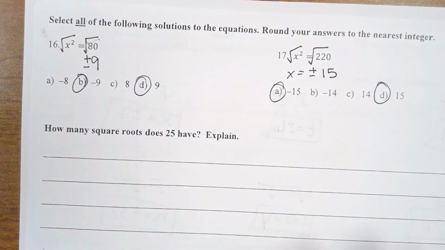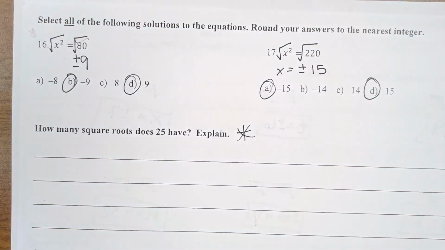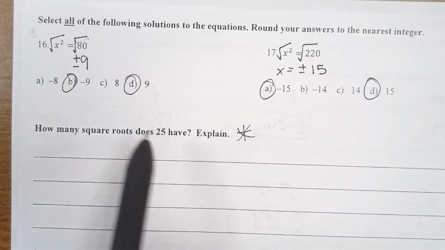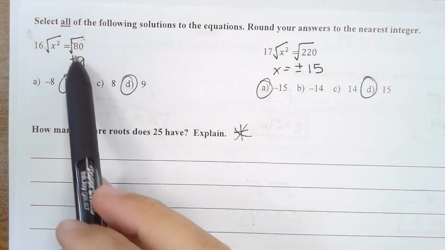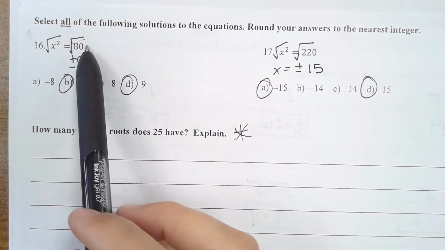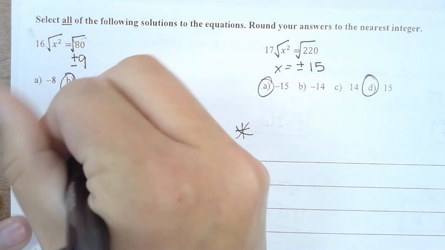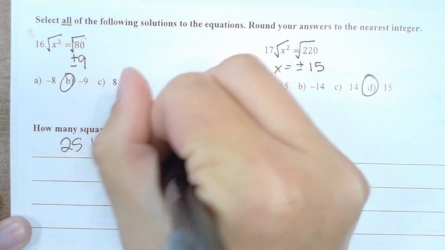Alright guys, so this next question, you do need to know this question, okay? I believe it does appear on a quiz or a test for my class. So whenever I'm asking you guys how many square roots does 25 have, I'm wanting you guys to interpret the plus minus sign, okay? Because I taught you guys today, when you take the square root of a number, you don't just get the positive number, you also get the negative. So how many square roots does 25 have? 25 has 2 square roots